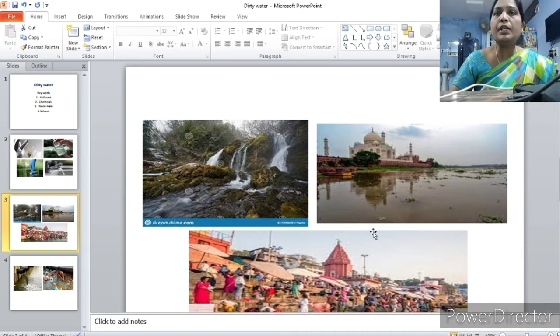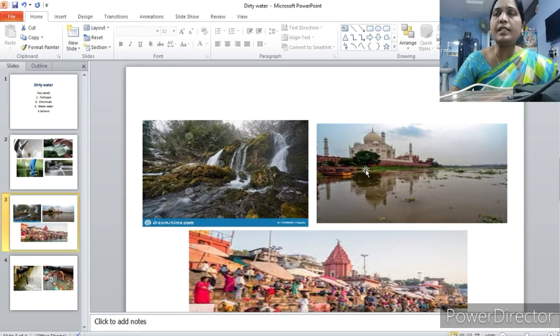When these rivers flow down on the land and cross through the different cities, then the water is getting polluted. For example, take River Yamuna. It took birth on the mountains. When it is falling down, you can see the clear, sparkling water. And when River Yamuna moved through very large cities like Agra and Delhi,